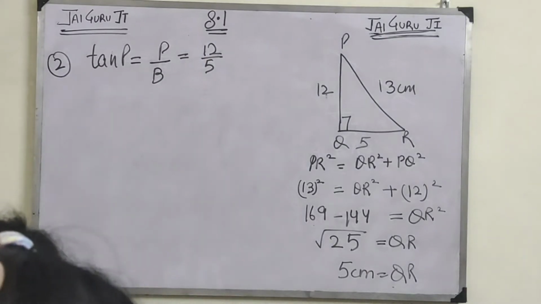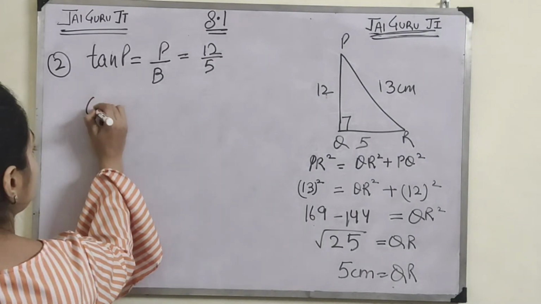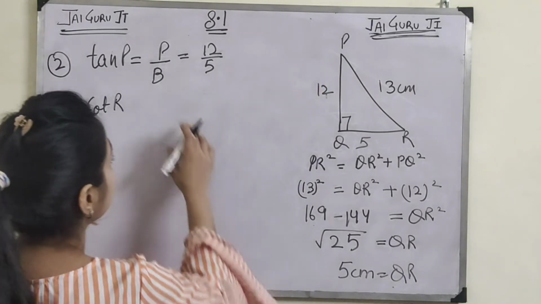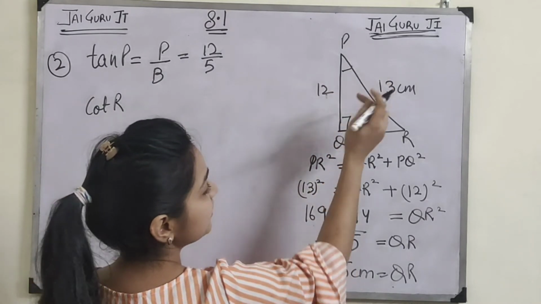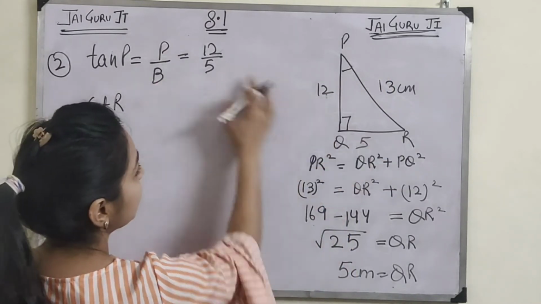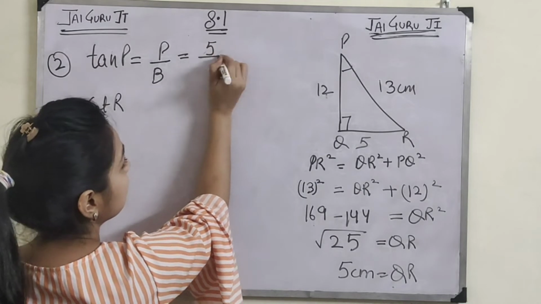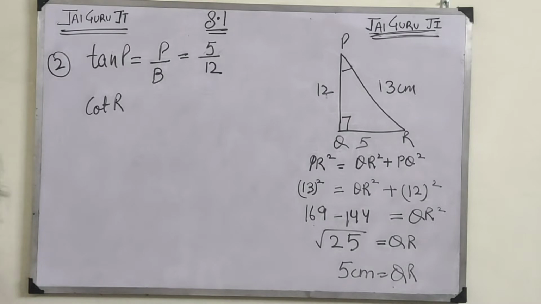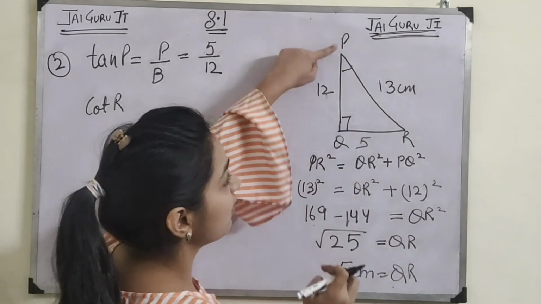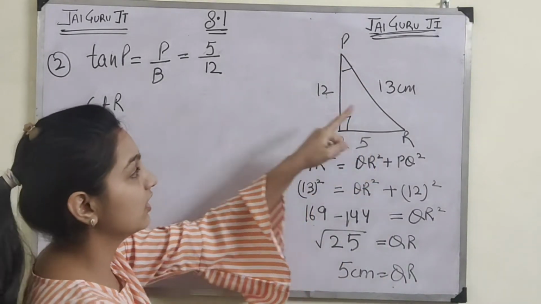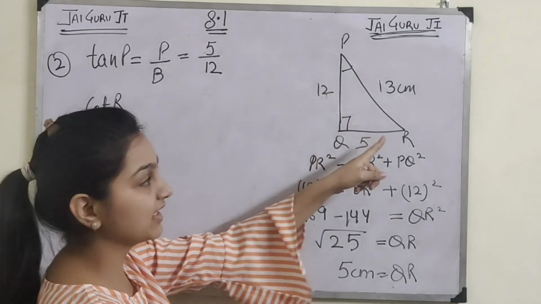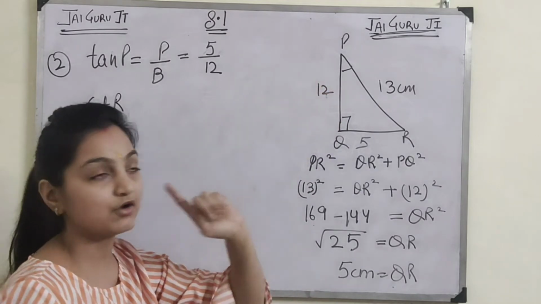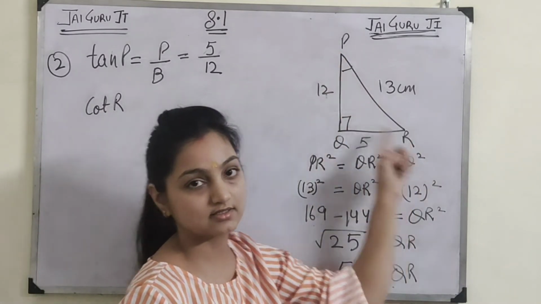Next you have to calculate cot R. Cot R is. Okay, tan P. P is this. I have to change the figure then. P is 5 upon 13. This is 5 upon 12. Why is it 5 upon 12? Because they are taking P. So the one opposite P is perpendicular. And this is the base. If I am taking R, so this is the base and this is perpendicular. So it is very important to see this angle.